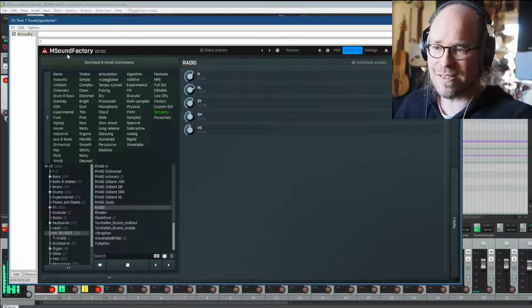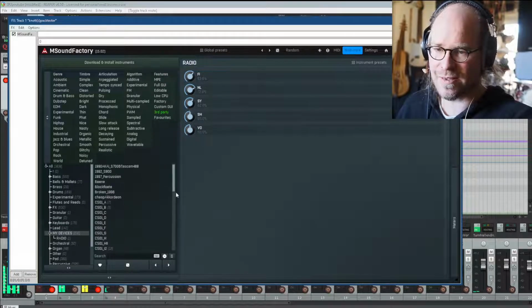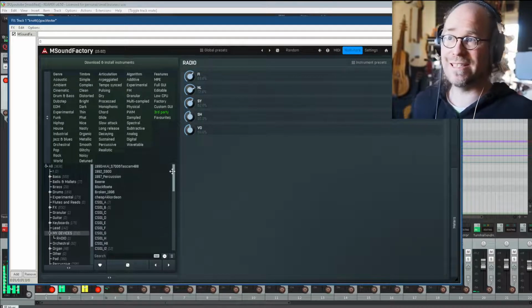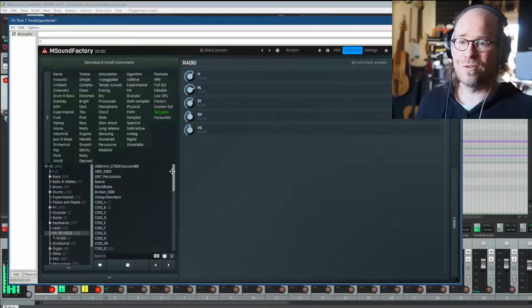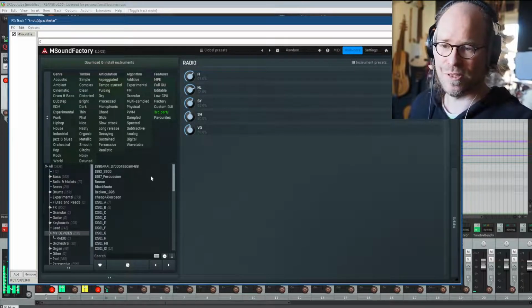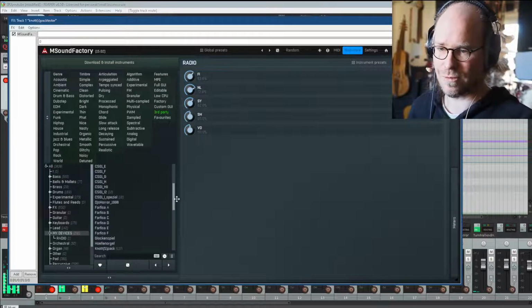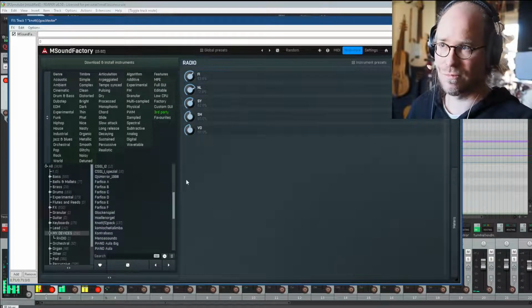Inside the MSoundfactory there's a folder, My Device, here. And now you see the content of my sample pack, and now you will understand why I didn't just give you single shot samples in wave format, but in this instrument form. Because